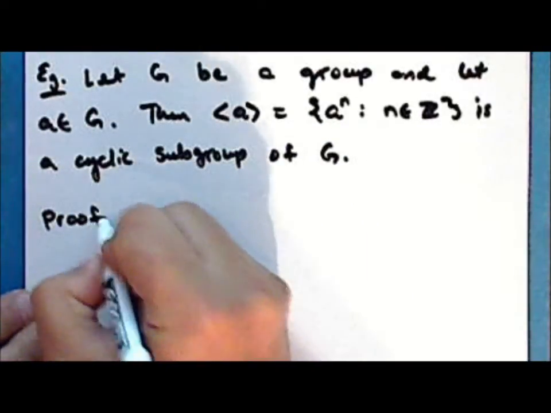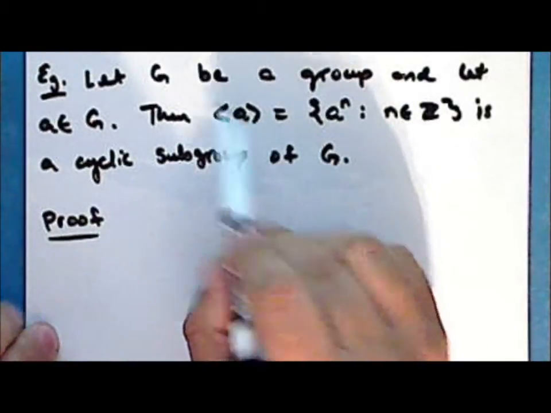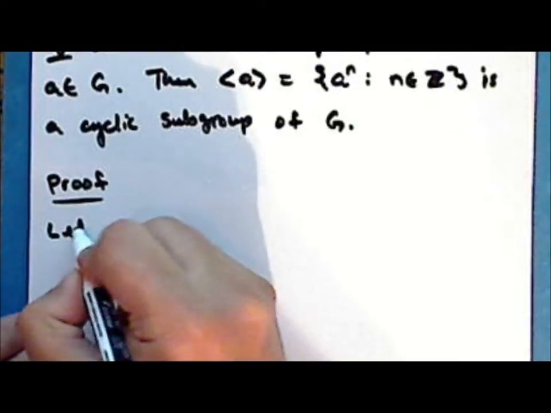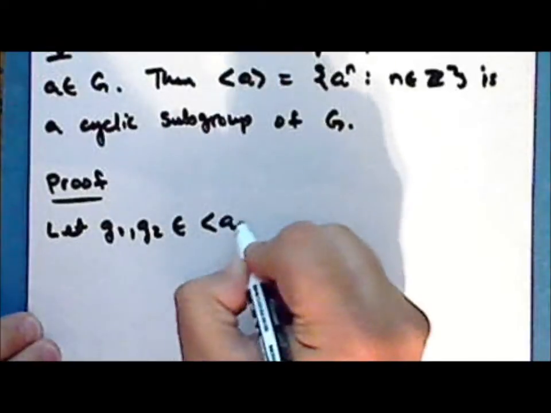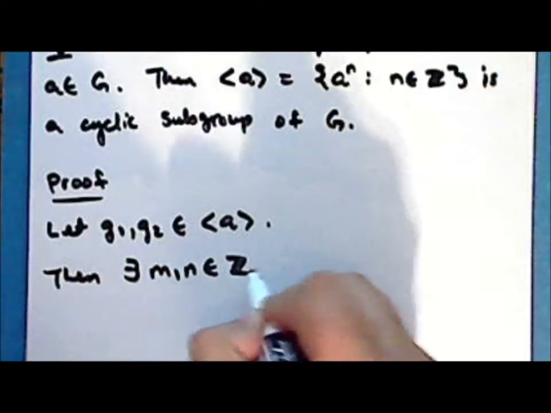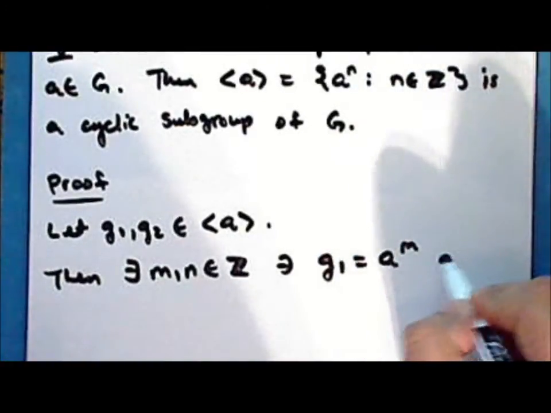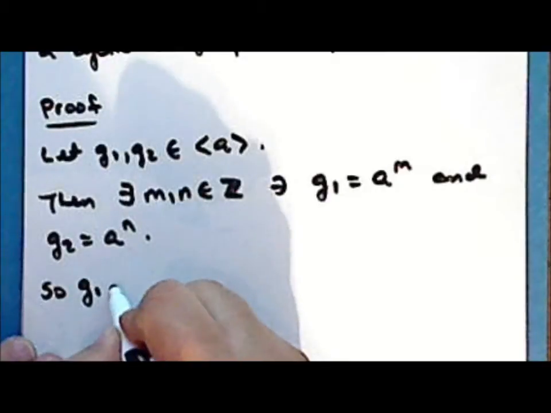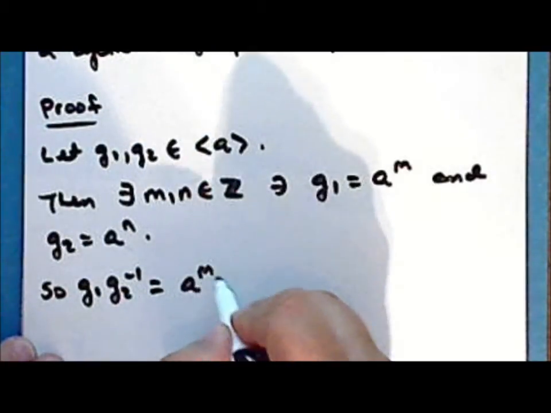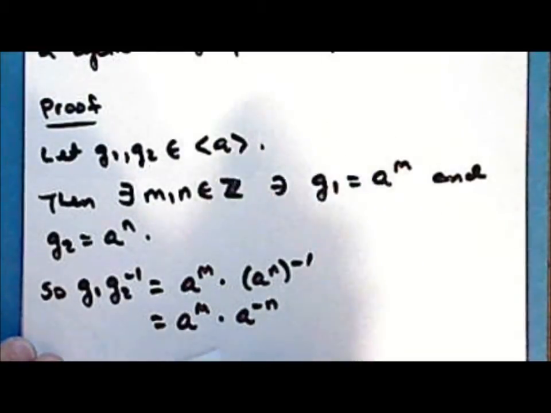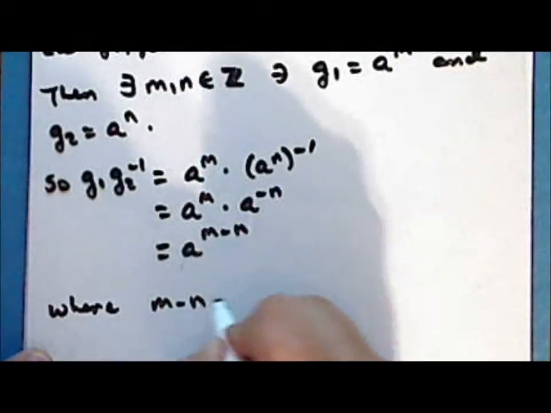So proof. First, notice that this set is a non-empty subset of the group G, since it contains at least one distinct element, the element A. So let G sub 1 and G sub 2 be two elements in this non-empty subset. Then there exist integers m and n such that G sub 1 is equal to a to the power of m and G sub 2 is equal to a to the power of n. And so G sub 1 times the inverse of G sub 2 is a to the power of m times a to the power of n to the power of negative 1, which is a to the power of m times a to the power of negative n, and this is a to the power of m minus n, where m minus n is an integer,